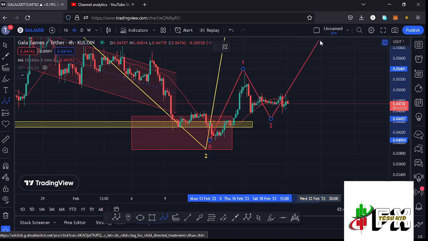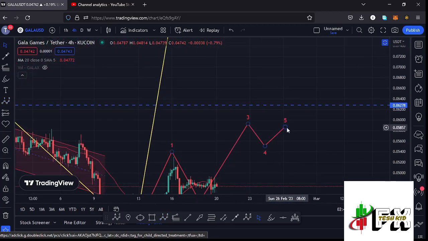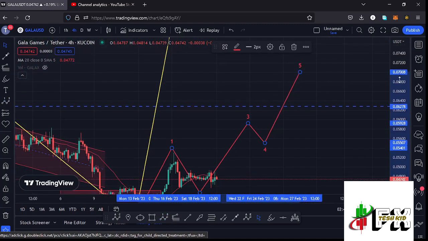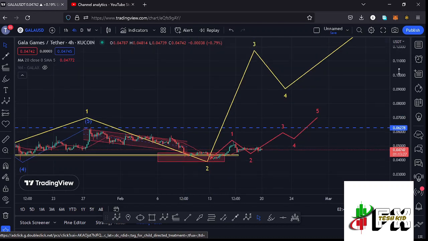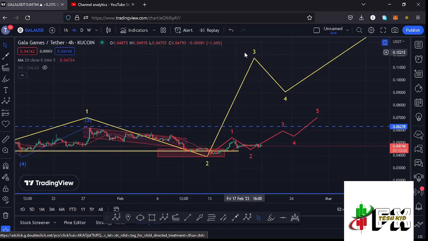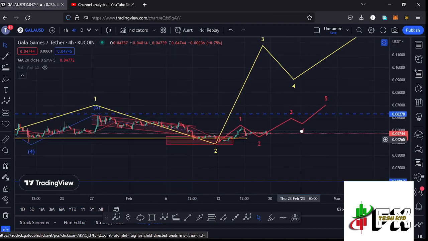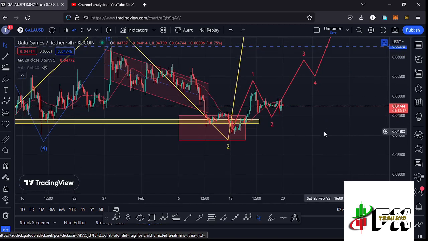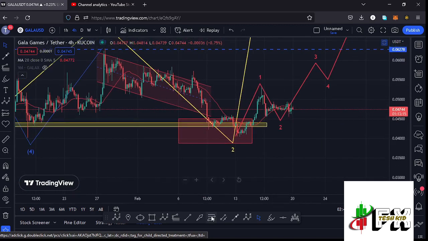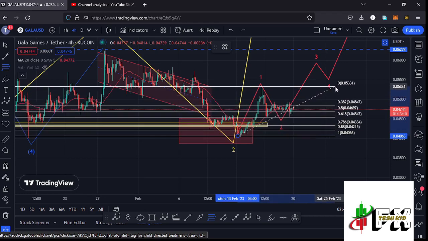I'm expecting that wave 3 to the upside, then expect a wave 4, and then continue pushing even higher in the formation of that wave 5, having the wave 5 of this fractal wave right here fully maximizing our target areas to the upside in the formation of this wave 3 at around the $0.118 mark, and getting to see whether the second wave of the fractal wave has done the minimum that we expect a wave 2 to the lower side to do by connecting the Fibonacci's from the low of the first wave to the high of that wave 1.